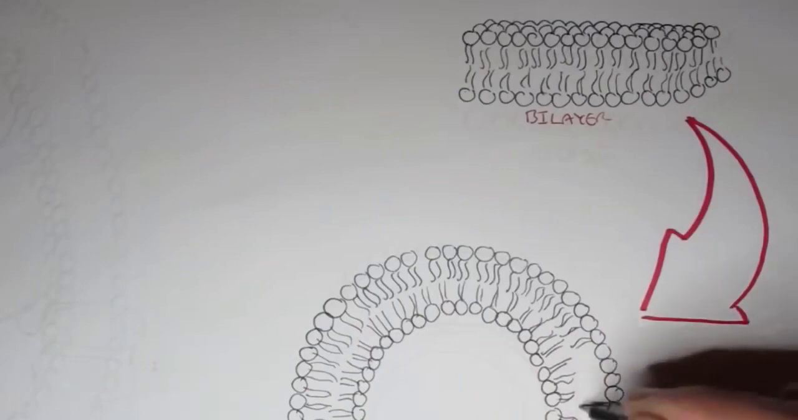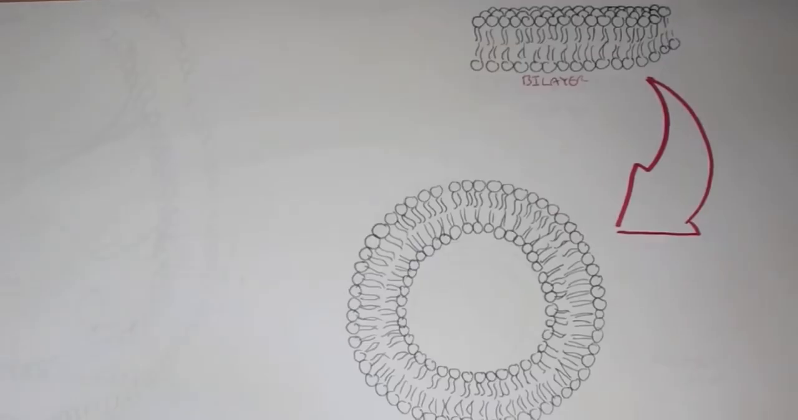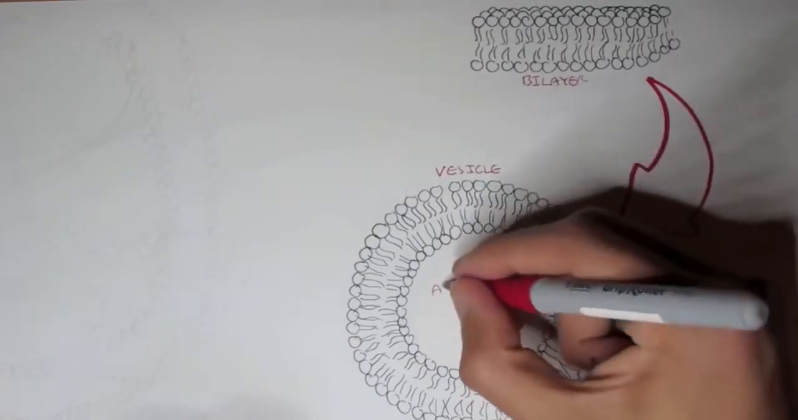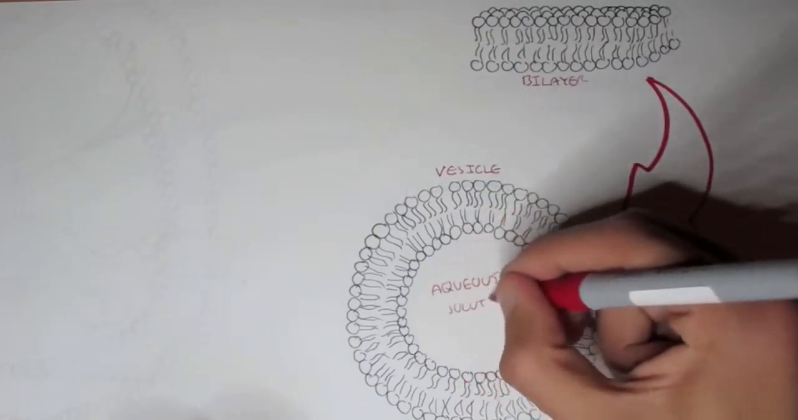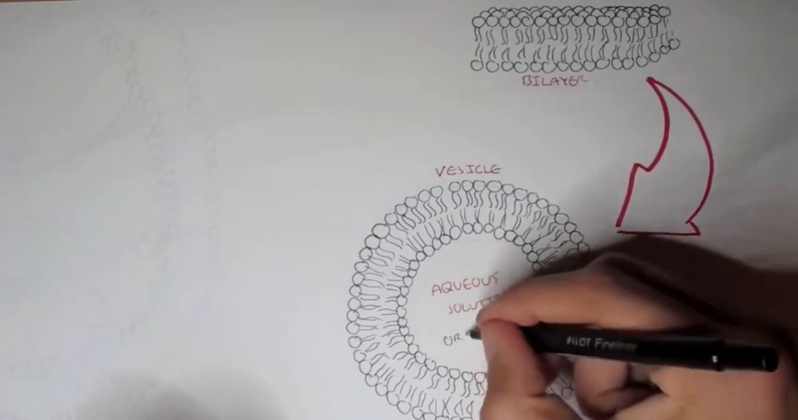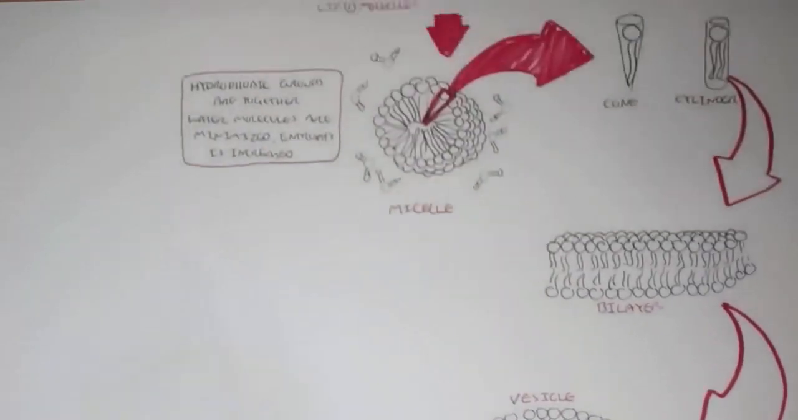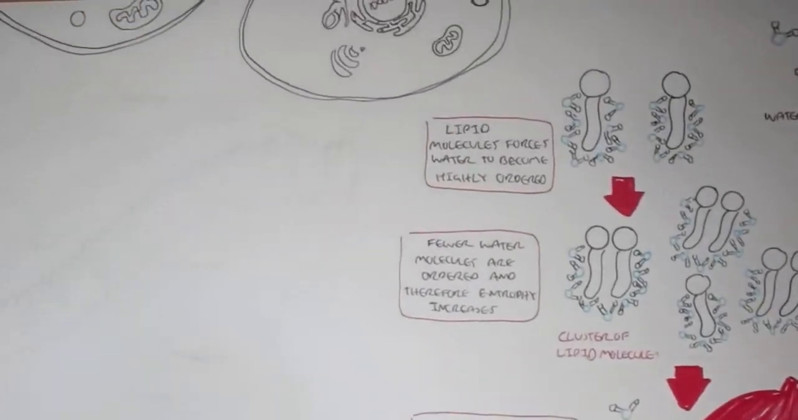So all the hydrophilic regions aiming towards the water region, and all the hydrophobic regions in the inside. And this inner circle is aqueous solution, so it consists of water. And so perhaps organelles can be in here, forming what's called a cell. So going back now